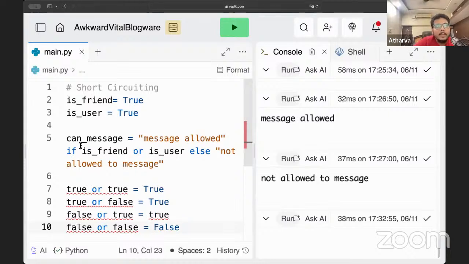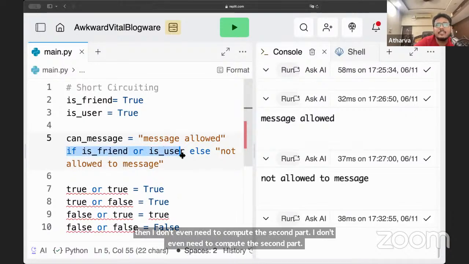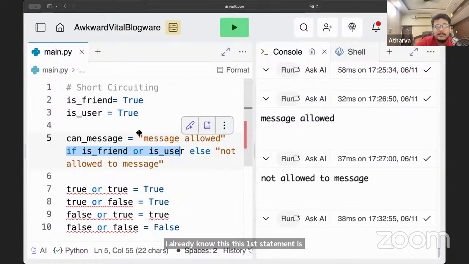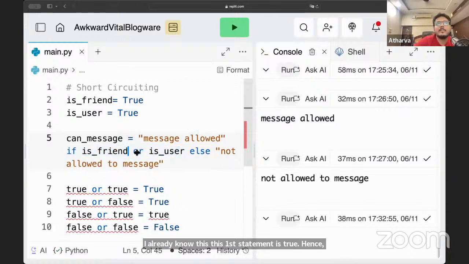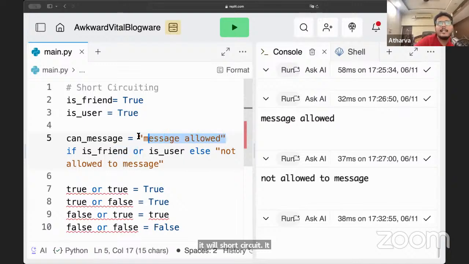Now, if the first part is true, then I don't even need to compute the second part. I already know this first statement is true. Hence, it will short circuit. It will stop here and just return this.